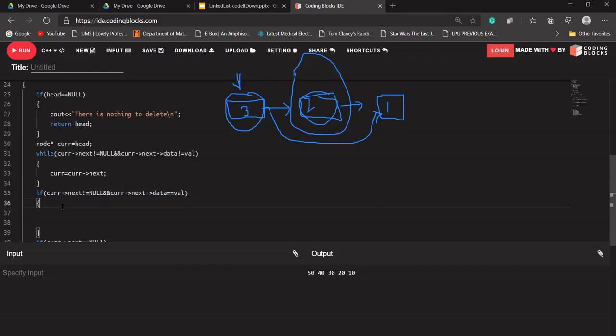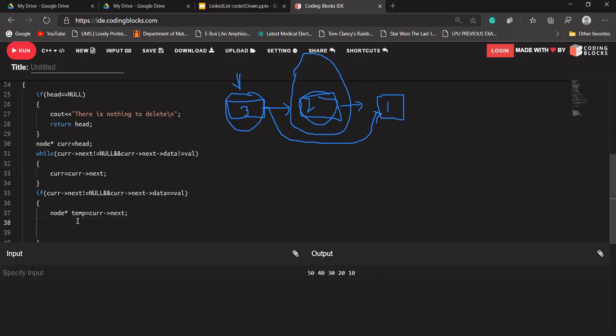So what should it store first? We have to delete current's next node. So let's store the address of current's next into a temp node. Is that fine? I am storing the address of this node. Suppose current is currently pointing to 3 and we have to delete 2. So I'm storing the address of current's next node.